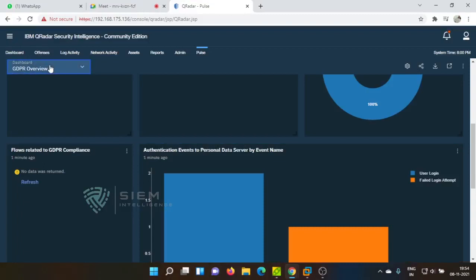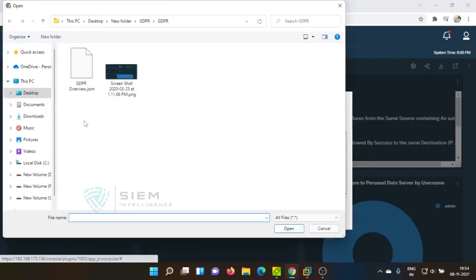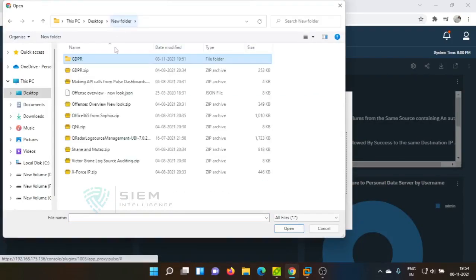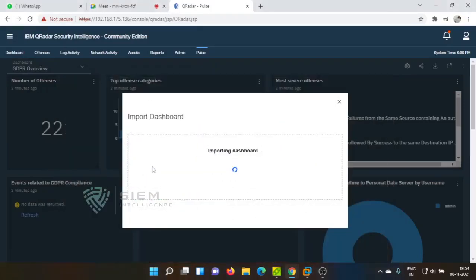So now again I am importing the new dashboard. Import existing, select file. So here if you go back and see, there is the offense overview. By default one offense overview is there. See, if you see, okay, I'll show you. Then we will see now two offense dashboards.